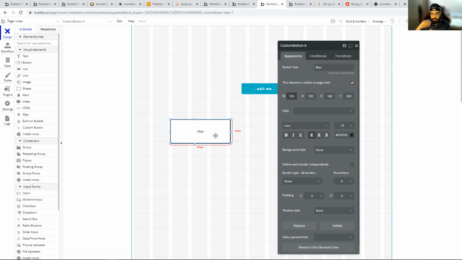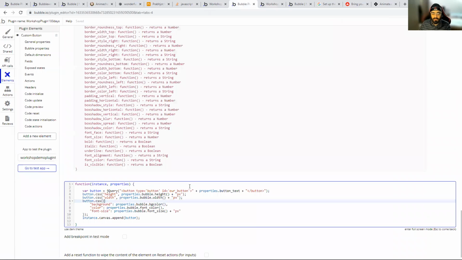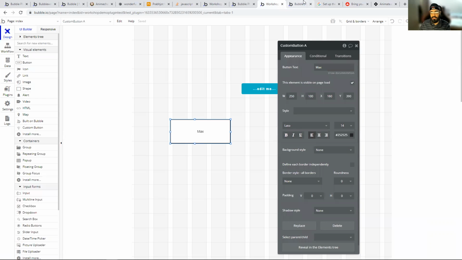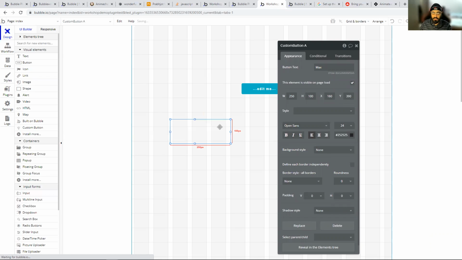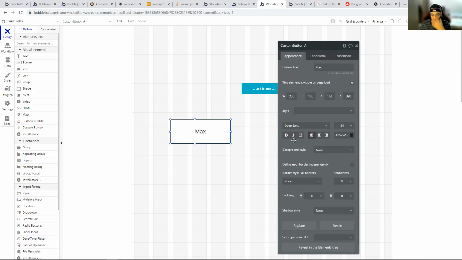So now whenever I'm making changes over here, this code is running. It's creating the new button. It's setting the height, the width, background color, and font size. So if I change my font, this won't reflect because I'm not changing the font family. I'm only changing the font size. But if I change this to 24, this will become large, right? So now I basically built a custom button element inside Bubble where I'm changing some properties here and it's being